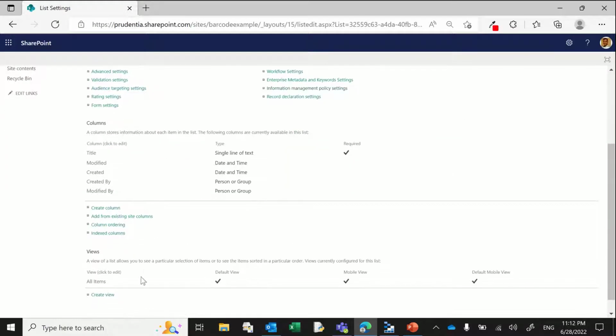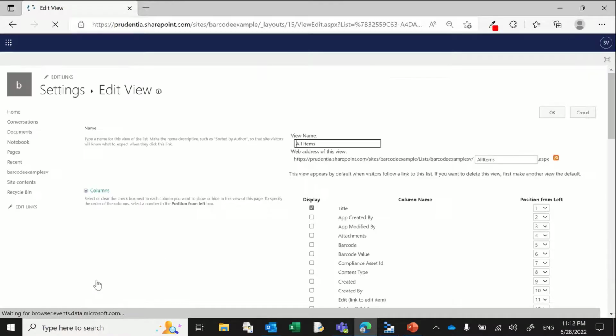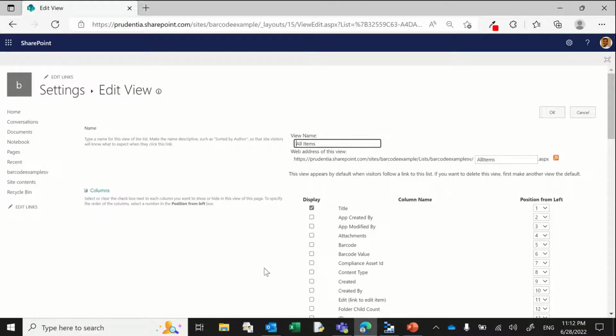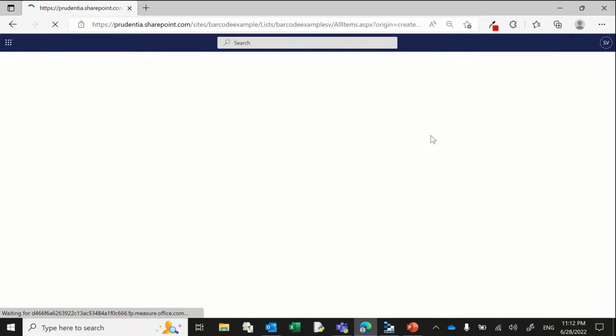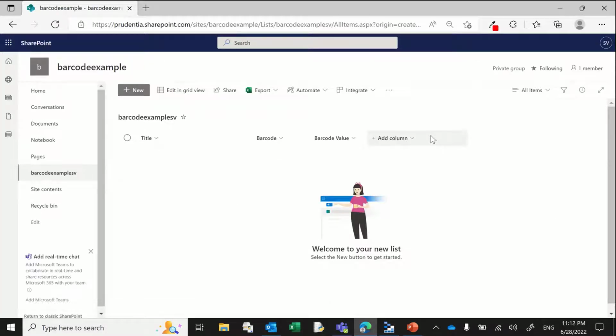And if I were to go down below, I'll actually be able to see the main view with all items. So I'm going to click on this all items view. And as you can see here, you can get the barcode and the barcode value, both of them, right? And I'm going to turn those on, and I'm going to say OK and go back to my list. And as you can see, I get the barcode, which essentially is actually an image, and the barcode value, associated